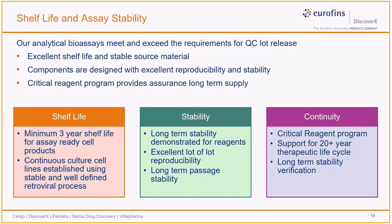To give greater usability for bioassay kits, we offer excellent shelf life for our assay-ready cell products. Our bioassays have a minimum 3-year expiration from the date of manufacture, and we have been extending the shelf life for many bioassay classes in order to provide even greater flexibility. When a client wants to maximize this shelf life and lot size, they can commission a dedicated lot. This extends both the useful life of a lot and reduces the number of times lot bridging has to be